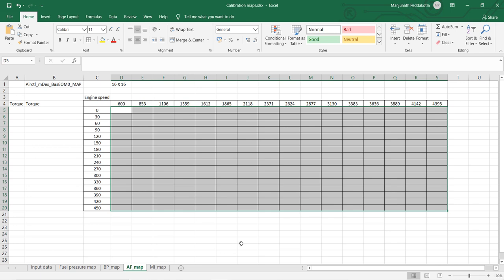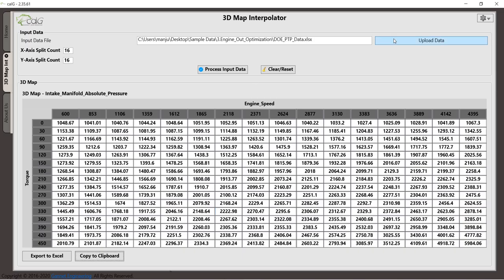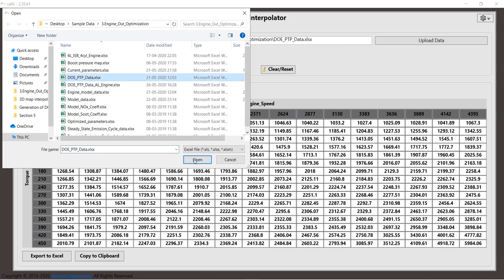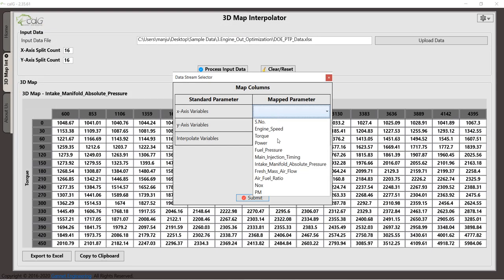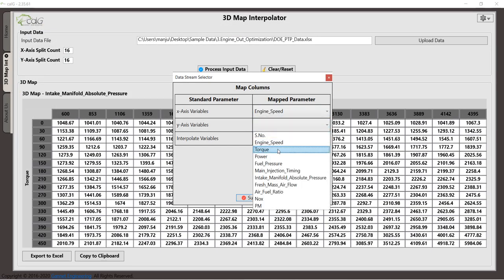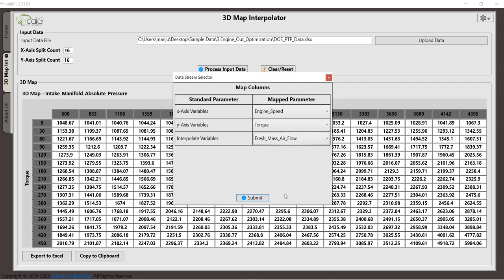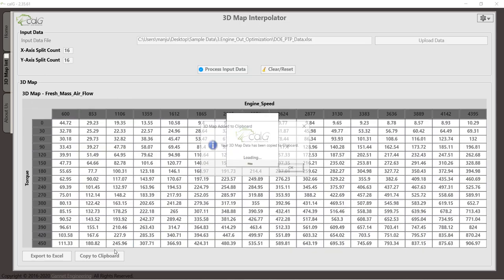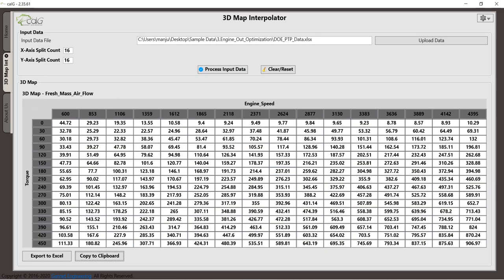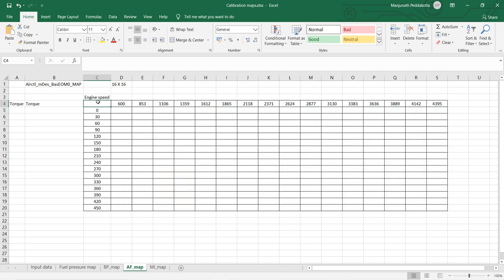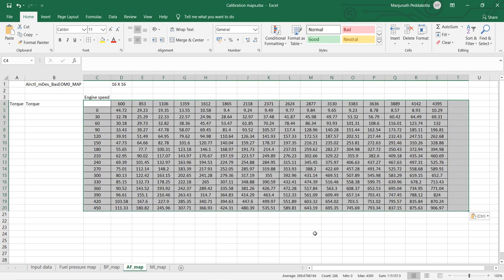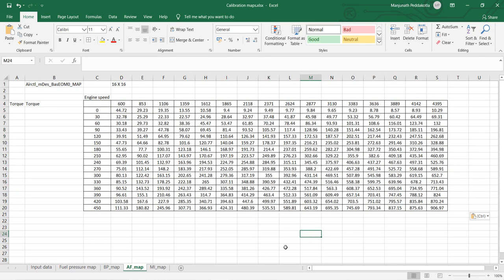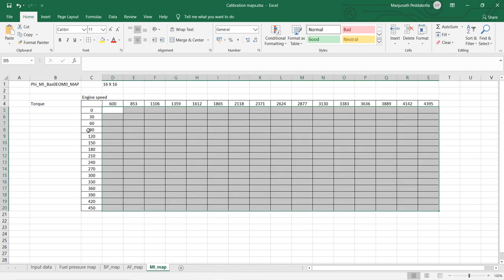Let's go to the airflow map. Speed, torque, and airflow, and again the same 16 by 16 matrix. Got it. Copy to clipboard. Let's go to the main injection timing map.